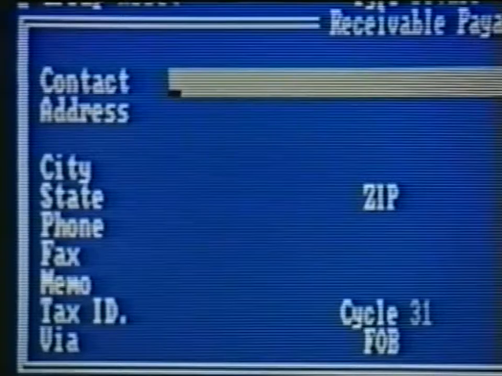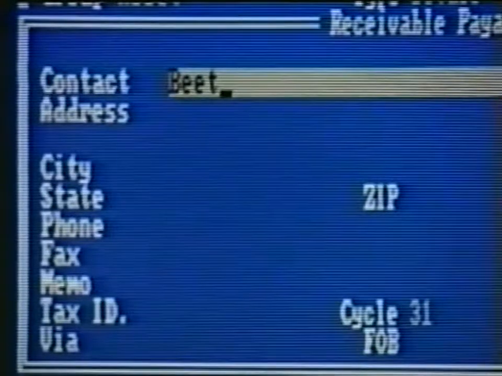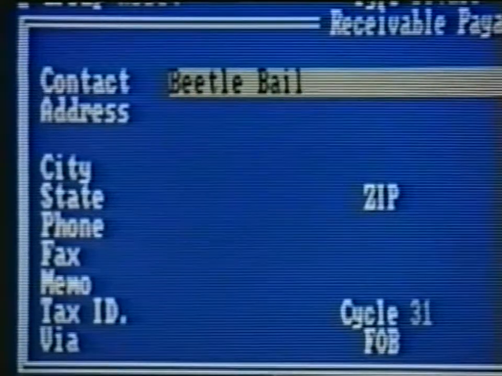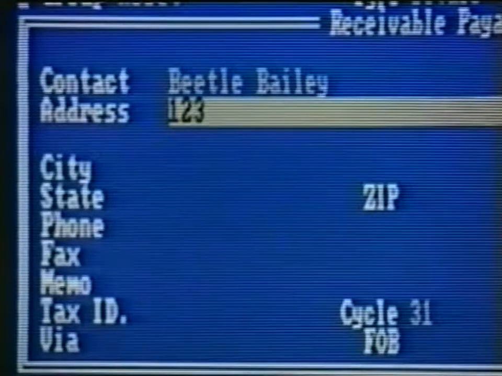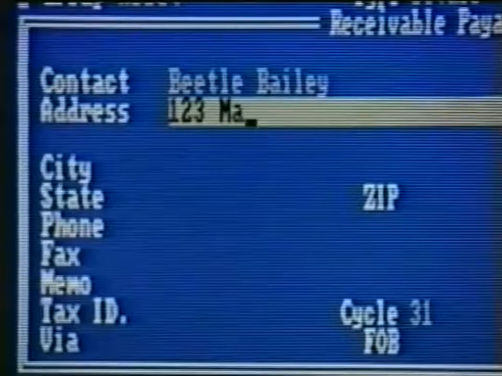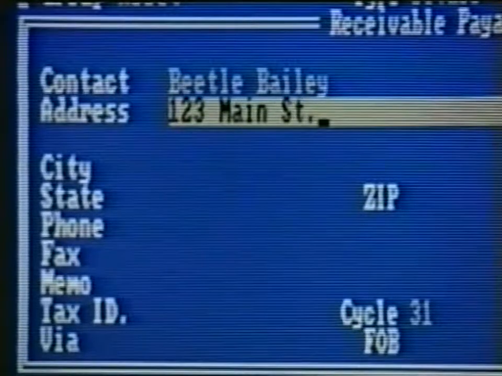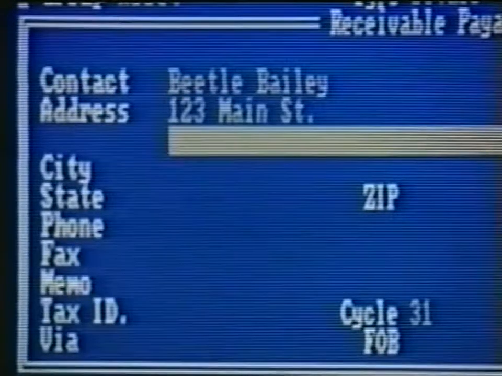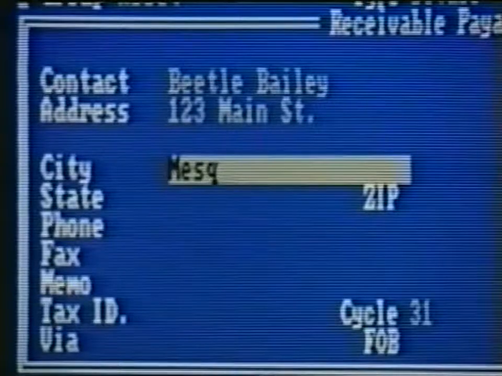This next data entry window allows us to enter special information that speeds up the process of transactions for this account. For example, if we enter the contact person for this account and the address of the company, when we send pre-printed statements or invoices, this information is printed right on the form.